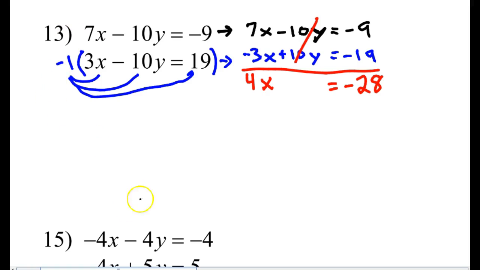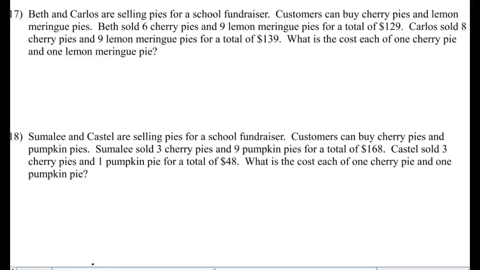All right, go ahead and finish. You've got some time now. You can probably finish at least up to 16. All right, and then in a little bit, I'll do one of the word problems with you. Okay, I just want to take a look at